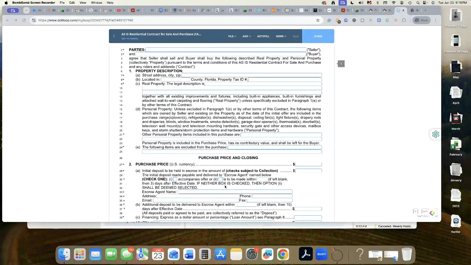Now, I'm not going to read through this whole contract. I'm just going to go through the spaces that you need to fill out. Really important here when it comes to personal property. It says, unless excluded in paragraph 1E, which would be here, or by other terms of this contract, the following items which are owned by the seller and existing on the property as of the date of the initial offer are included in the purchase. For example, the range, the stove, the oven, the refrigerator, the dishwasher, the disposal, any ceiling